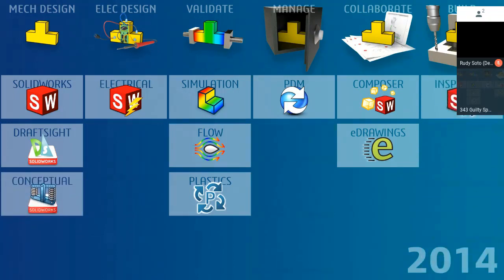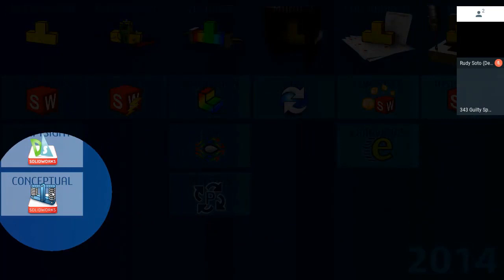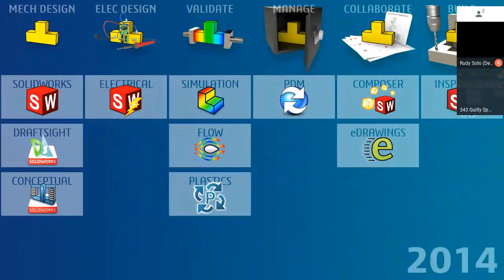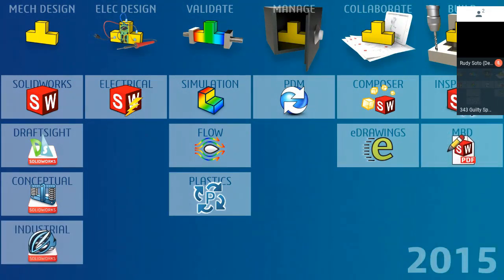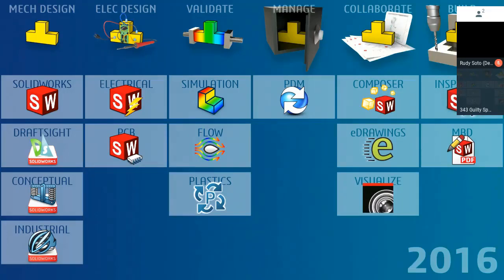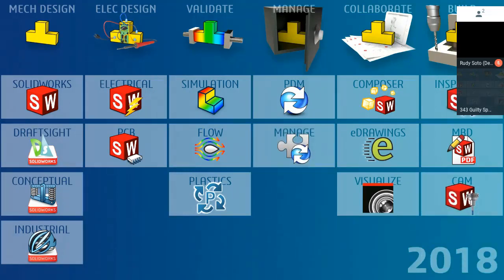In 2014, we offered our first product on the 3D Experience platform, which was this mechanical conceptual software. I'm going to talk more about the 3D Experience platform in just a moment. We also introduced SolidWorks Inspection for when we get our parts back from the manufacturing process. In 2016, we added another package to the 3D Experience platform, and we also added MBD in 2015. In 2016, we added PCB to the electrical family and high quality rendering to the collaboration family. And in 2018, we added a higher level of PDM management called SolidWorks Manage.